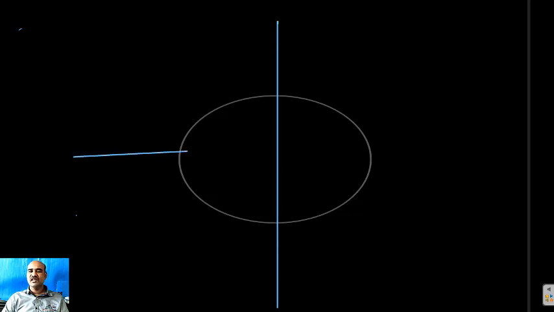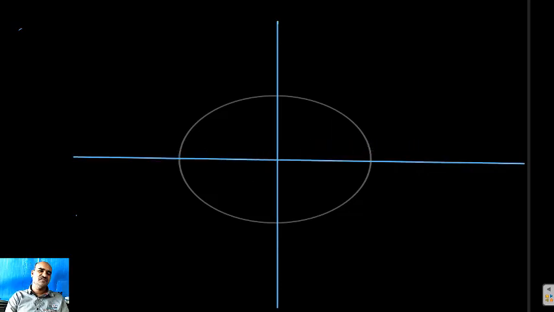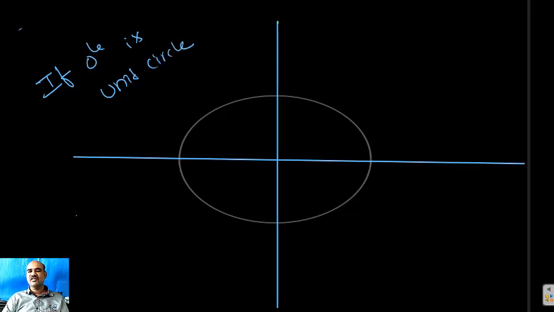If the circle is a unit circle, what is the meaning of a circle with radius 1 unit? Obviously, this point, which is actually (r, 0), now becomes (1, 0), because the radius is 1 unit only.